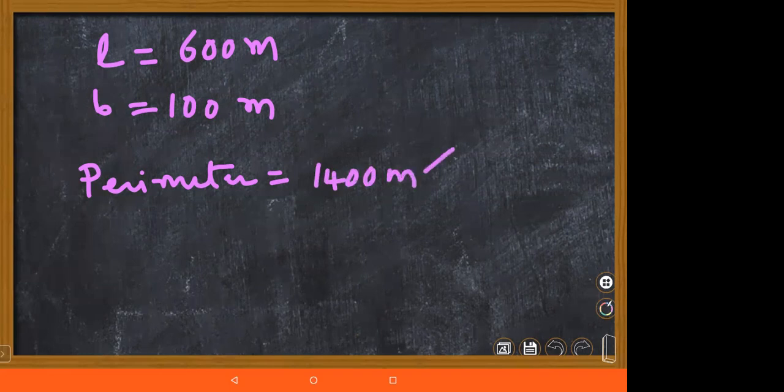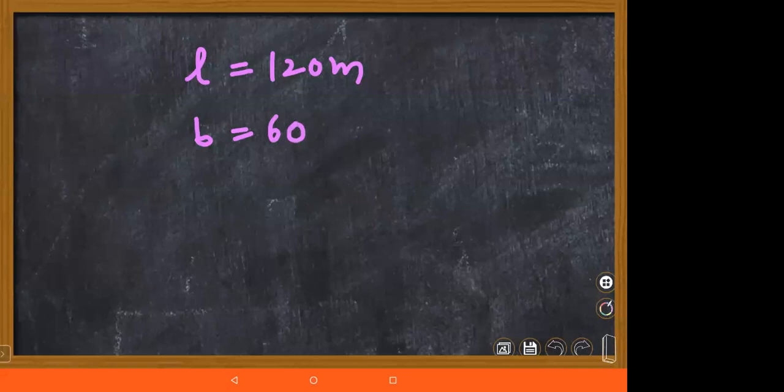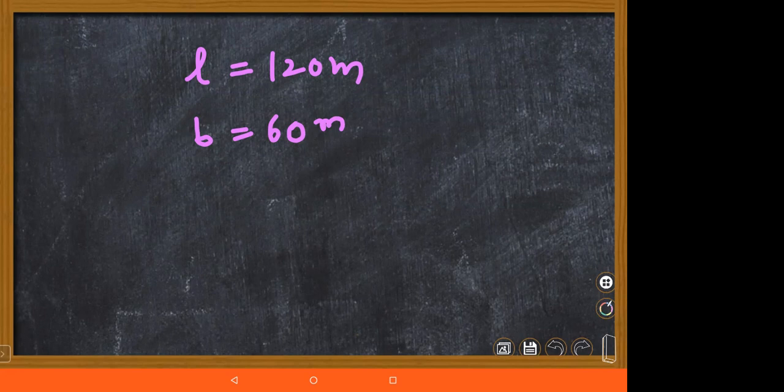These are simple questions, children. The next one is a little tricky. Anyone, please, anyone. Here the question is given: a rectangular field is 120 meters long and 60 meters wide. Length is given as 120 meters, and width is nothing but breadth. Both are the same, children. Calculate the length of wire required to fence the field, leaving a gap of 1 meter for a gate. How much wire is required for 3 rounds of fencing to be done?